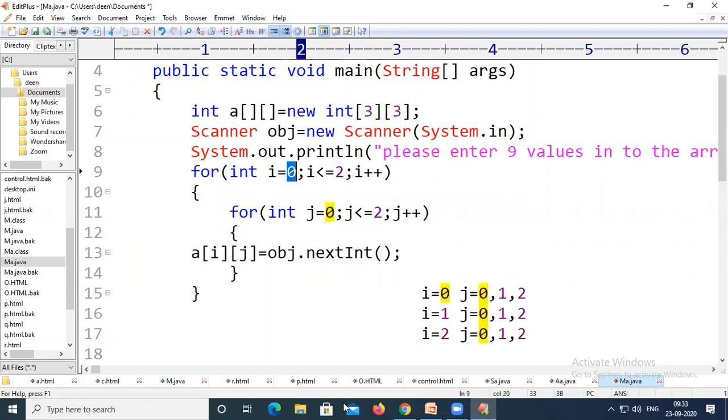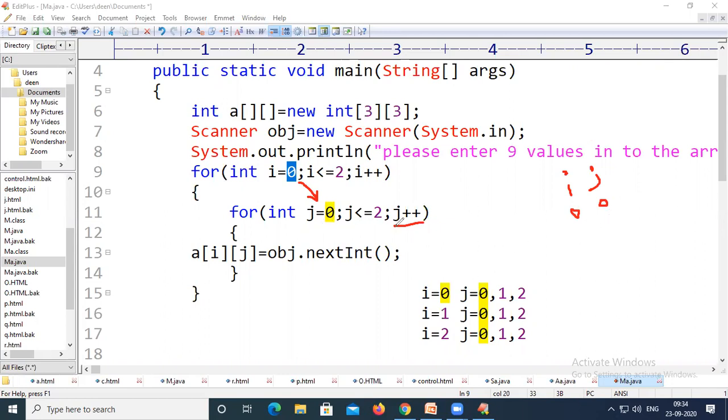If you observe here, the initial i value is 0. We enter into the loop with i value 0. Now the initial j value will be 0. That means the first value given will be initialized at 0 comma 0, and then the j value is incremented by 1. Now j will become 1, whereas i is 0, and again the next value will be placed at 0 1. So the initial i value is 0 and the j value is 0. So the first variable will be placed at a of 0 0.